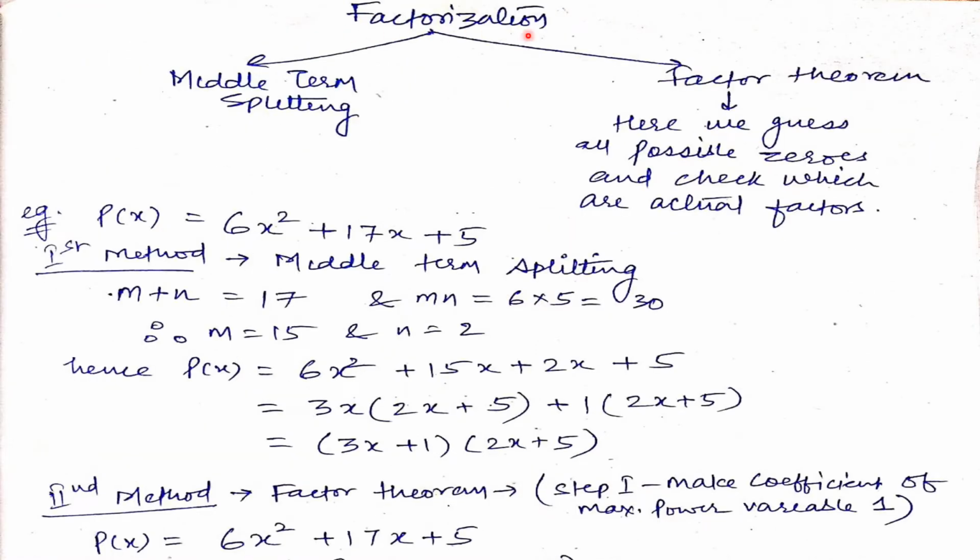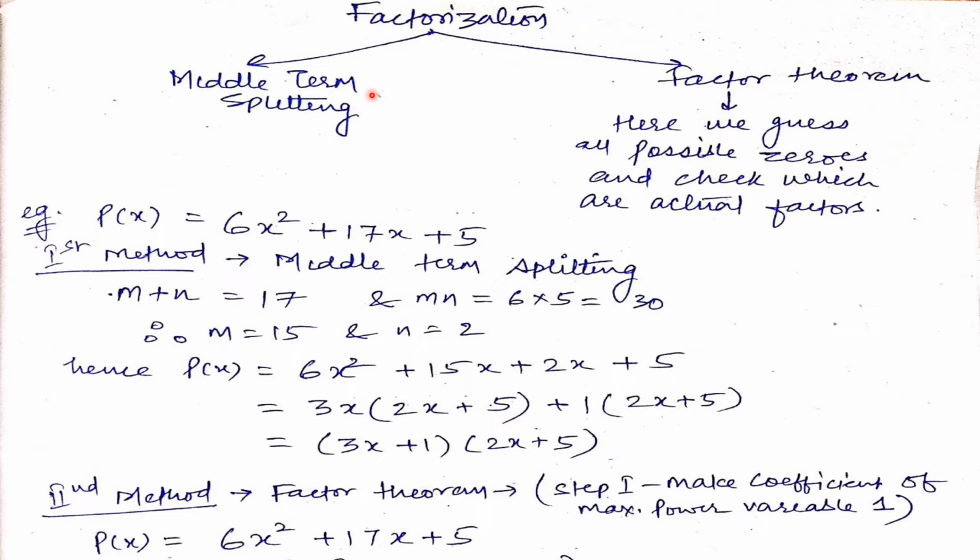Now, factorization we have learned. The easiest way that we have learned till now is middle term splitting, and the other that we will learn today is factor theorem. Middle term splitting is the best way to find factors of a quadratic equation. But when it comes to cubic equations, the equations in which the degree of the polynomial is 3, this method is not appropriate. So we prefer factor theorem over there. Okay. Or we can say we prefer factor theorem as well as middle term splitting in the case of cubic equations.